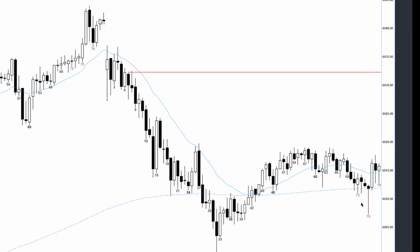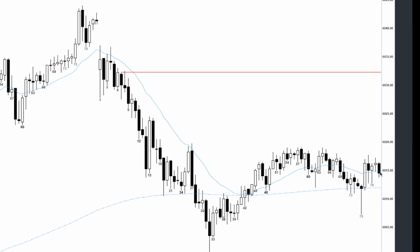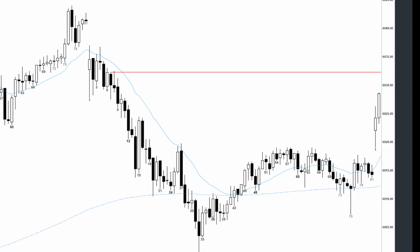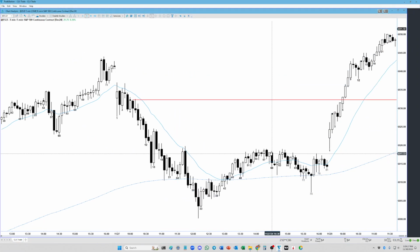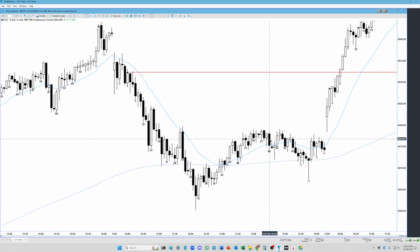78, inside bar. 79, small bull doji. And then 80, bear bar breaking out. 81, inside bar. And that's the day. Overall, pretty decent day. Bear trend from the open, then trading range. Or you could argue bear trend, trading range, 2 legs down, then a tight channel up, overall tight trading range,